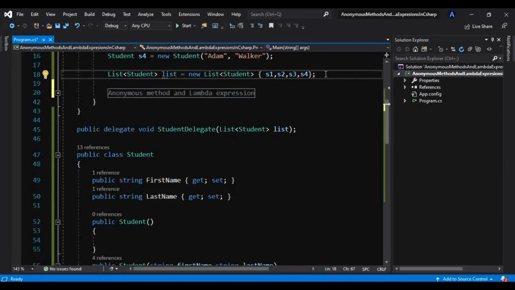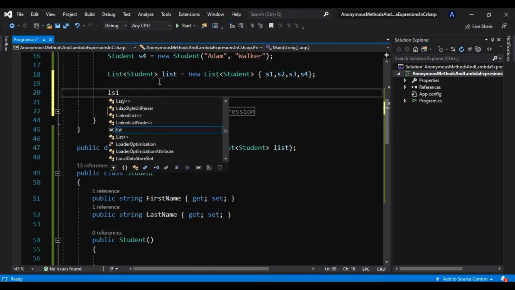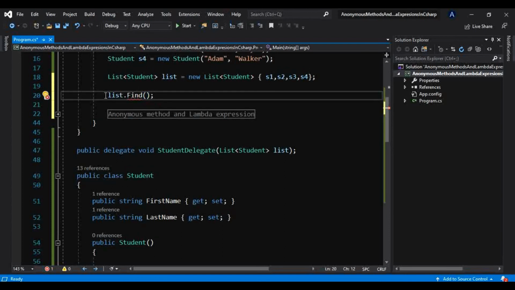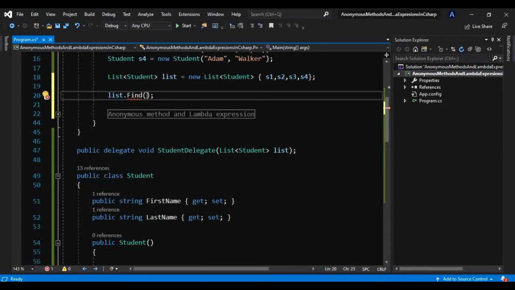Now, to show you that a lambda expression can return in a single line instead of a block of code, let me show you one example. Let's say we have this list here, and there is a method inside this list, the Find method. In this list we want to find the student whose name starts with J. For that we can use a simple lambda expression, x such that x dot.